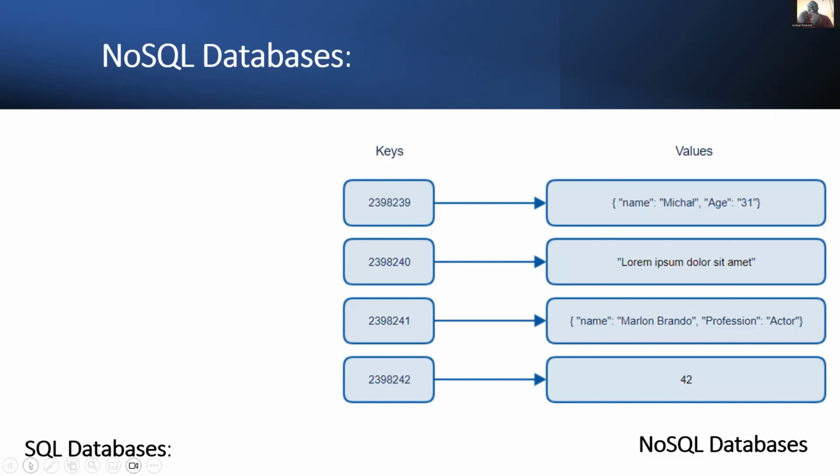So the value might not just be what we see in a SQL database, where you have a unique key and only one single value attached to it. Here, for the value, you have different types of information about the particular unique key that we are dealing with. So when you look at the advantages and disadvantages of SQL and NoSQL databases,